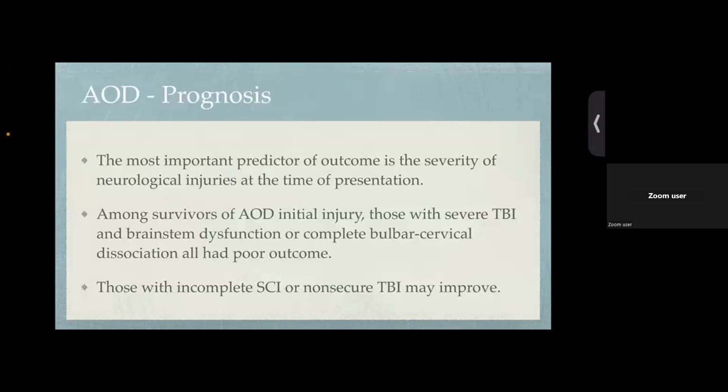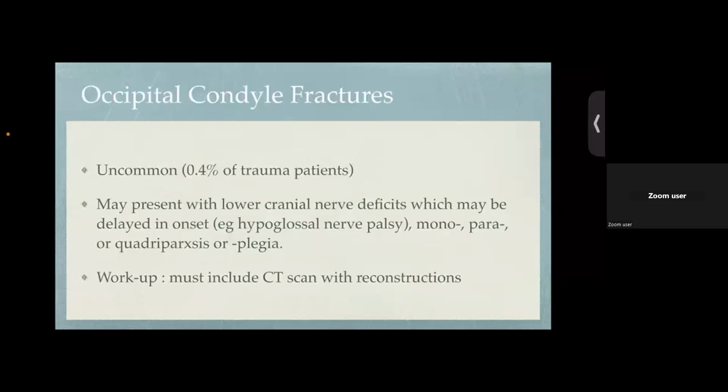In terms of the prognosis, the most important predictor of the outcome is the severity of the neurological injuries at the time of presentation. Among survivors of this initial injury, those with severe traumatic brain injury, brainstem dysfunction, or complete bulbocervical dissociation all had a poor outcome. Those with an incomplete spinal cord injury or non-severe traumatic brain injury may improve. Moving on, we have occipital